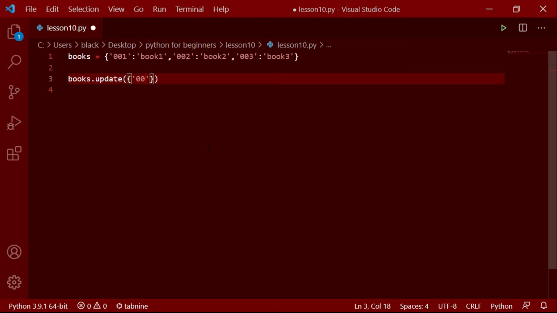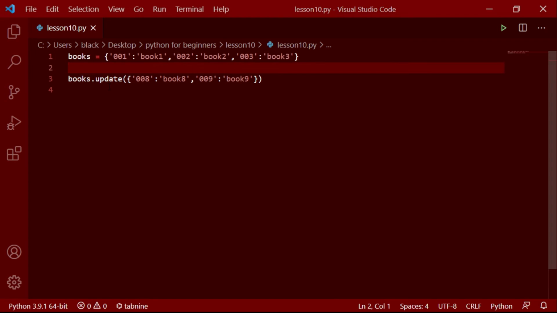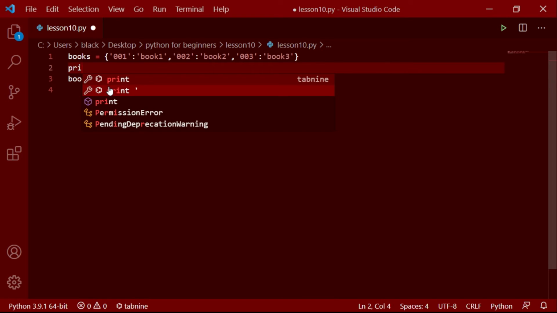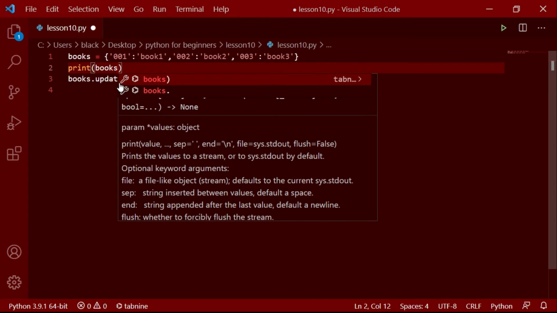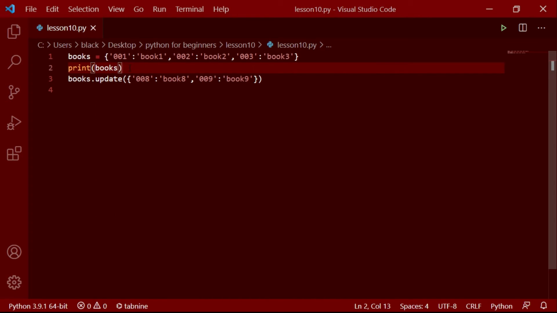I'll add 008, book 8, and 009, book 9, like that. And again here I'll print this dictionary before updating it.